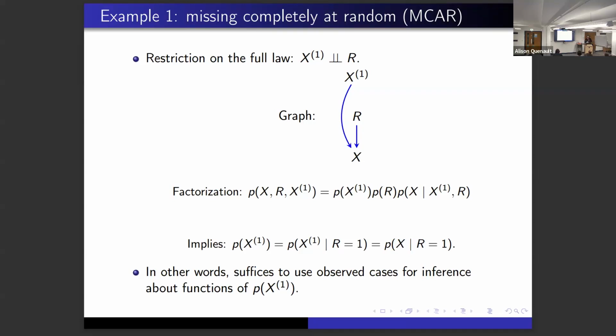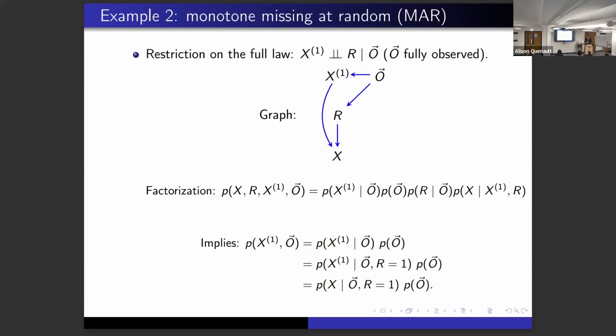So for MCAR, we all know that. And if I teach it to undergrads, I just mention, by the way, a lot of people who have missing data problems restrict to complete cases and carry on with their life. And this is only fine under MCAR in general. Only if you assume that the indicator has the specific independent structure, that it doesn't actually depend on anything else, do you get to look at complete cases and not run into problems. Okay.